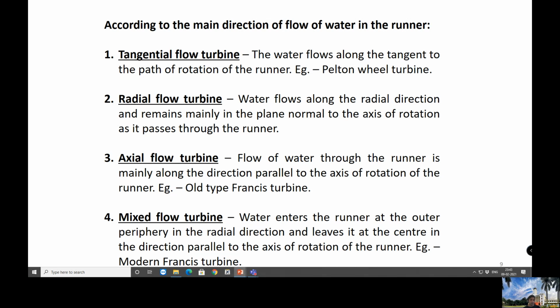The name itself gives you an indication of what type of turbine it is. In axial flow, the flow of water through the runner is mainly along the direction parallel to the axis of rotation of the runner. The old type Francis turbine is one of the examples. In mixed flow turbine, the water enters the runner at the outer periphery in the radial direction and leaves it at the center in the direction parallel to the axis of rotation of the runner. One example of the mixed flow turbine is the modern Francis turbine. We will also cover all these classifications of turbines in more detail in our theory class,